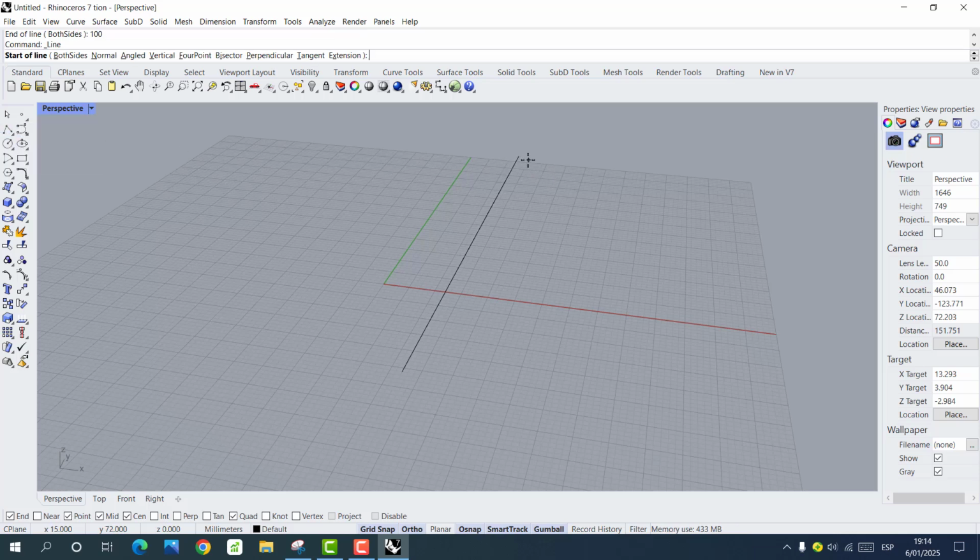line for this point, end point, click, and now move this size 60, enter, line, click, 100, enter, enter. Now line